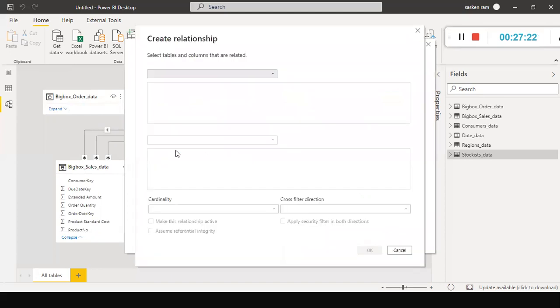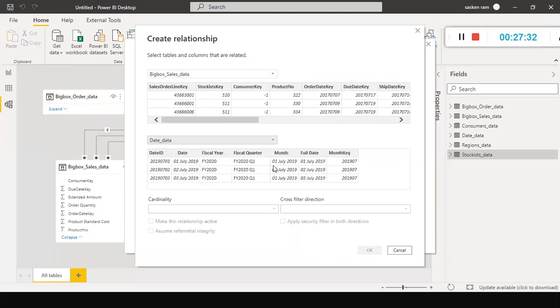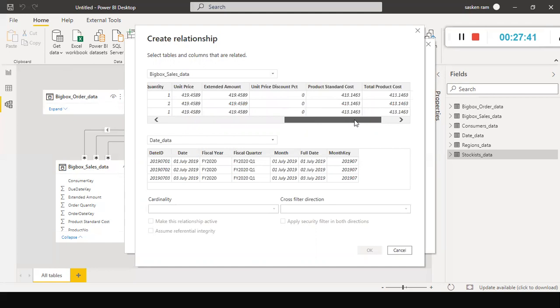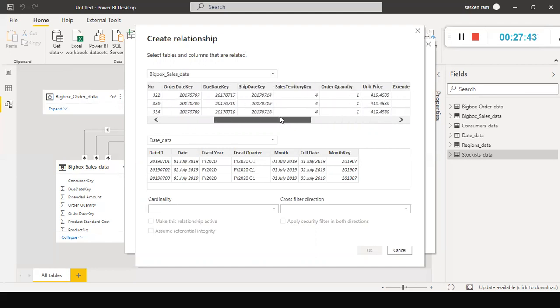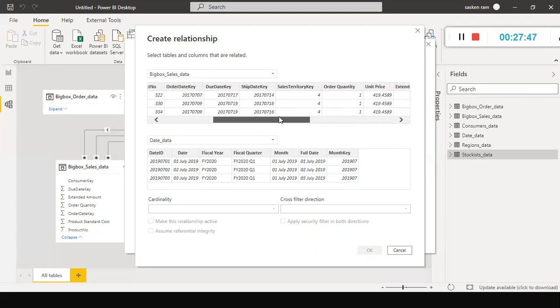Click new. This is my sales data. You need to select the sales data, and here you need to select the date data. This is the only table we are able to create the relationship with. When you look at this, what I want to use is order date key. So where is the order date key here? This is my order date key.